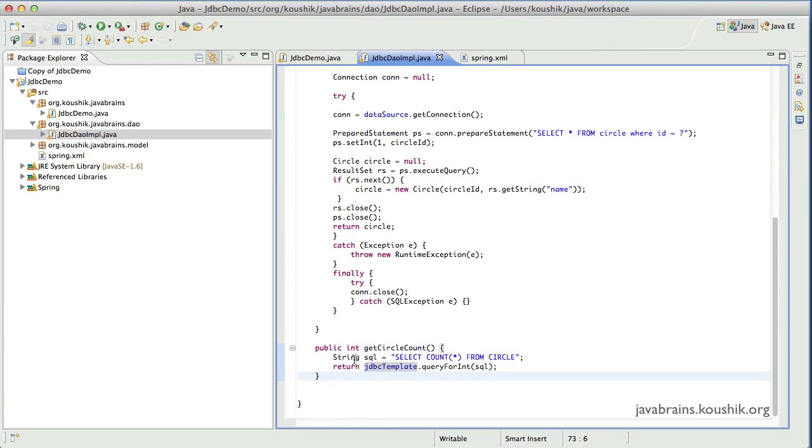The DAO method that we implemented was to get the count of all the records from a particular table. Since this is a query that returned an integer, we used the queryForInt method. Now the question is, what if we are running a query that returns some other data type? JdbcTemplate has some methods pre-built that handle some standard data types. So I'll just say